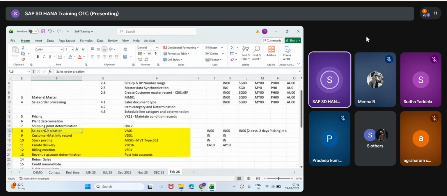While creating the sales order, IN00 comes, and inside IN00 there are 4 days. If you ask how we will get all these days, we get them from the business, don't worry. We create based on the requirement. If that shipping point is required in the sales order, they will tell how many days. Sometimes we maintain 0. If 4 days, we'll calculate for our delivery.